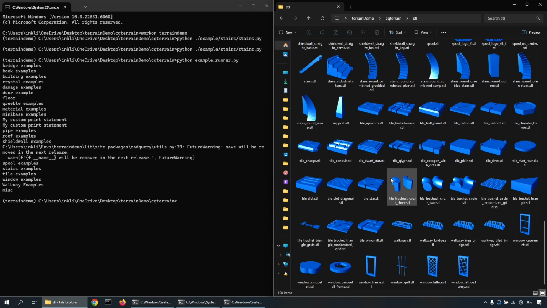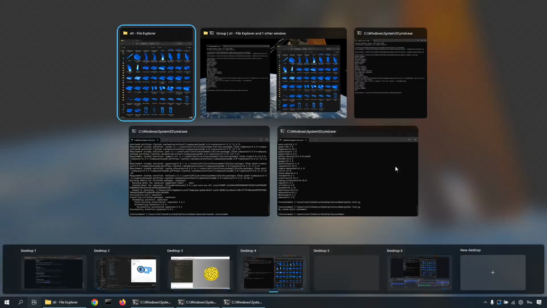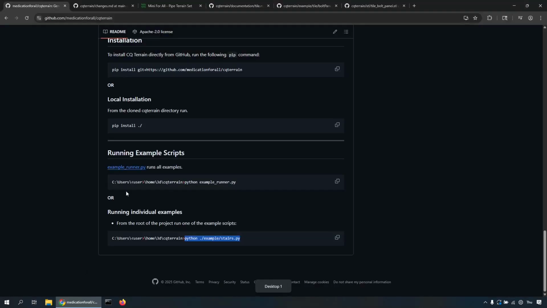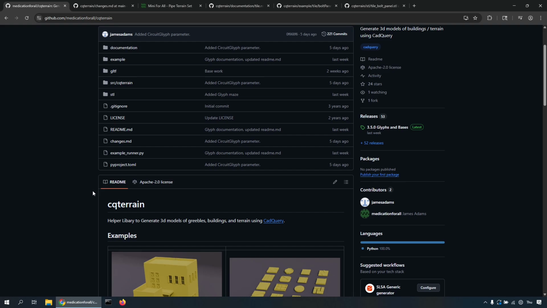Okay, so that's the quick and short overview. I'm getting barked at by a dog. That's the quick and short overview for cqterrain,